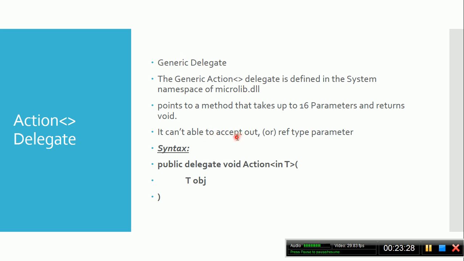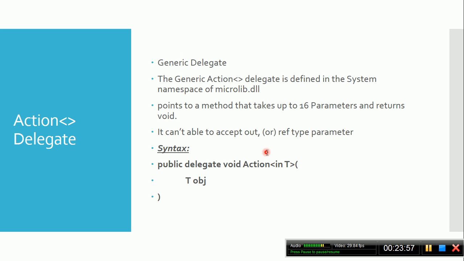And then it can't accept parameters of out or ref type. Normally if we want to call a function and pass an argument by reference, not by value, we use out or ref type parameters. But here these are not allowed in the action delegate, because if we pass an out or ref parameter, indirectly we are returning some value to the caller.